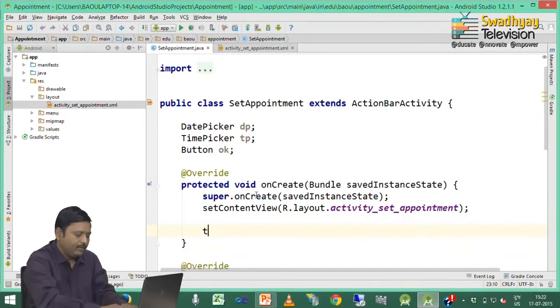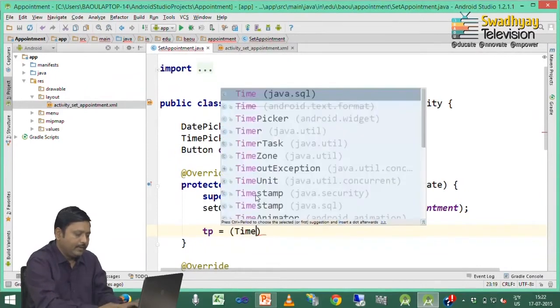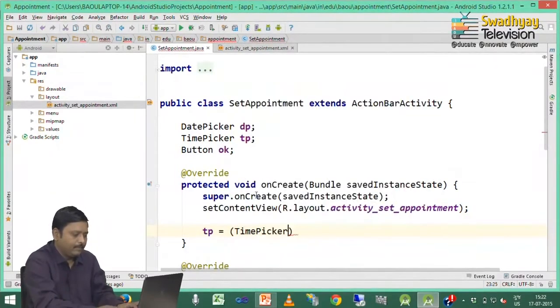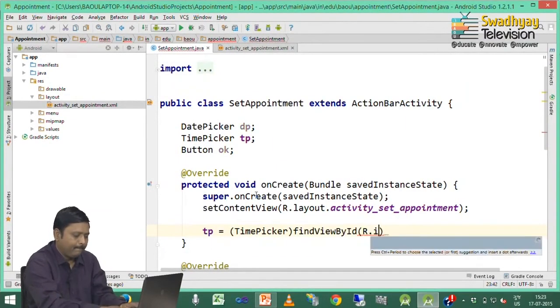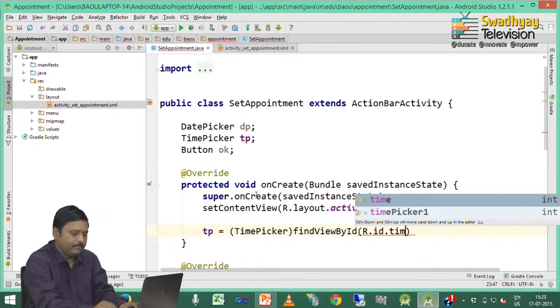Next we take reference of these controls inside on create. So, I write down tp is equal to, tp is a time picker and its ID is time picker 1.